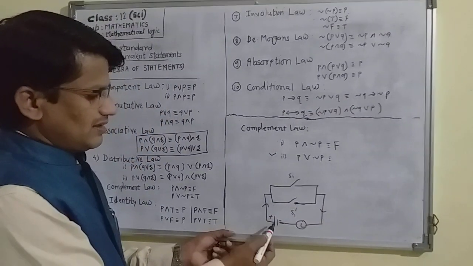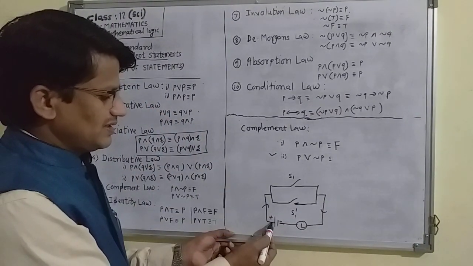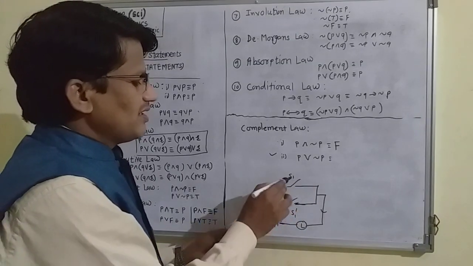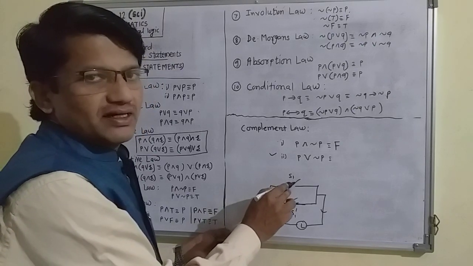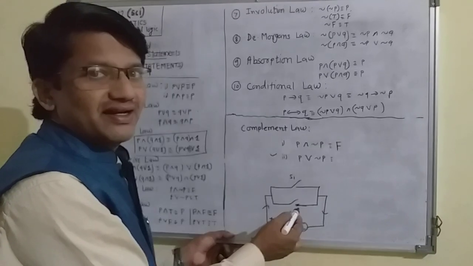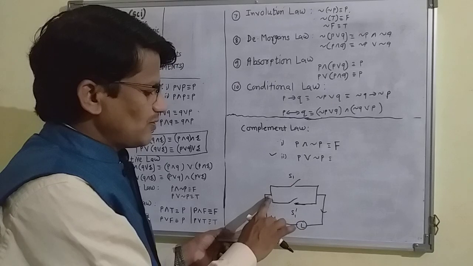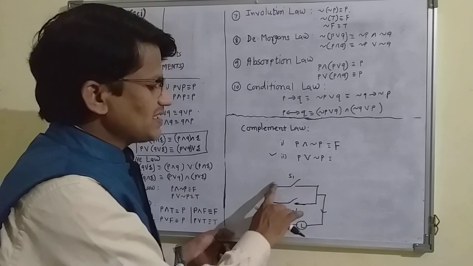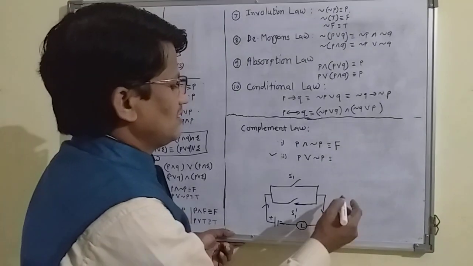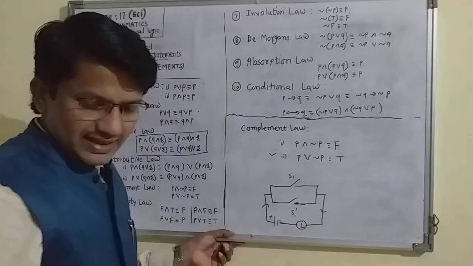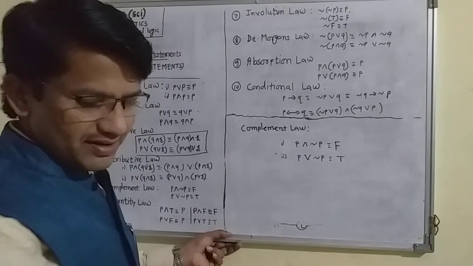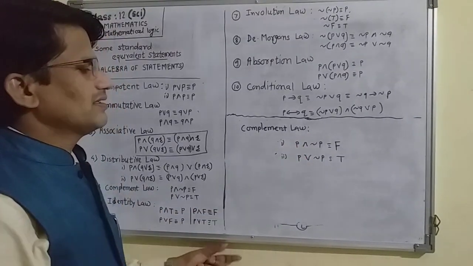Observe here, current passing through this wire will come to this position. Here are two possible ways, the above way and the below way. If this is closed, current passes from this. S1 is closed, S1 dash is open. Open means current does not flow through this wire, but current is already passing through the above part, and the circuit will complete. Lamp L is on, means the truth value is T. Thus we have given the proof of the complement law. P and negation P, result is F.